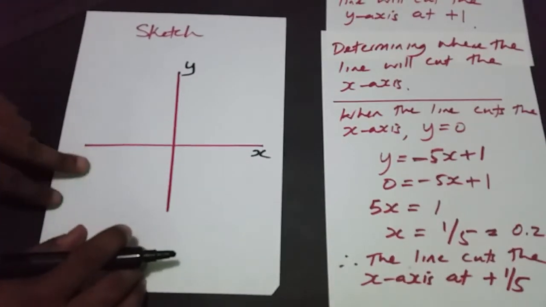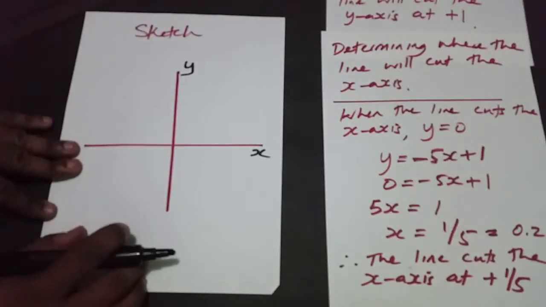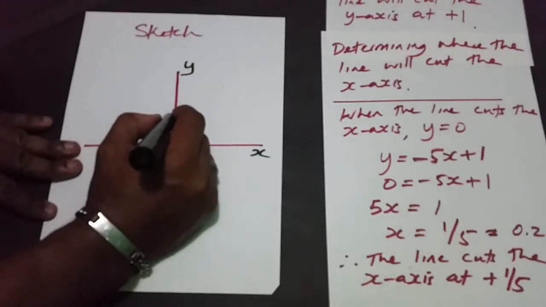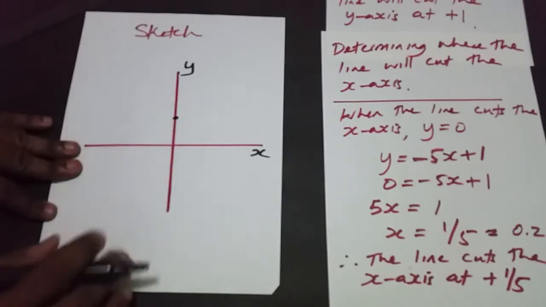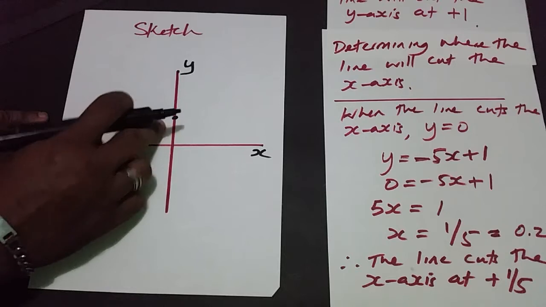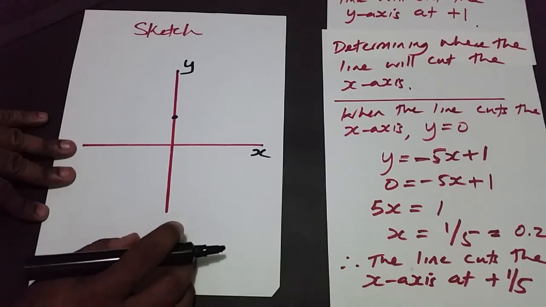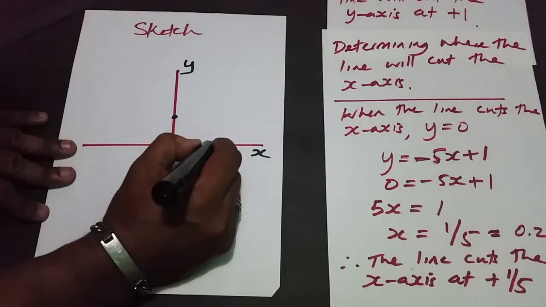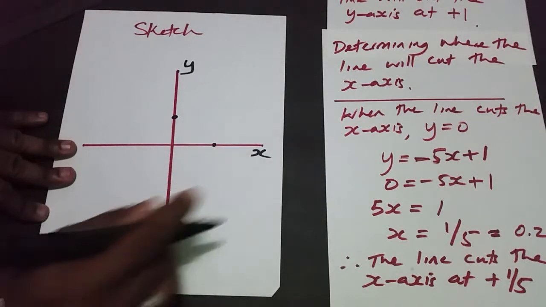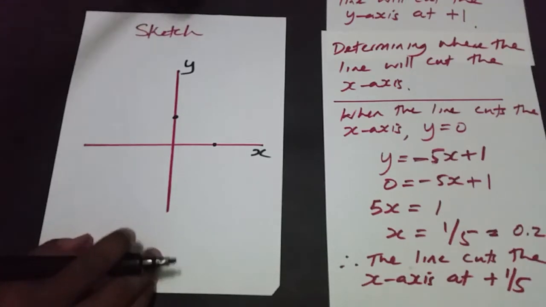Now we know that the line cuts the y-axis at positive 1. So positive 1 will be up here somewhere. All right, we're just making an intelligent estimate here. You don't have to be precise. Obviously positive 1 is going to be up there, and the line cuts the x-axis at positive 1/5. So we're simply going to just connect those 2 points and just extend the line past the points,